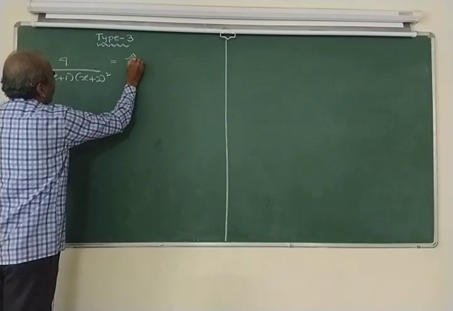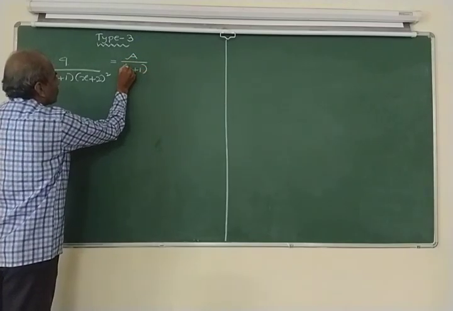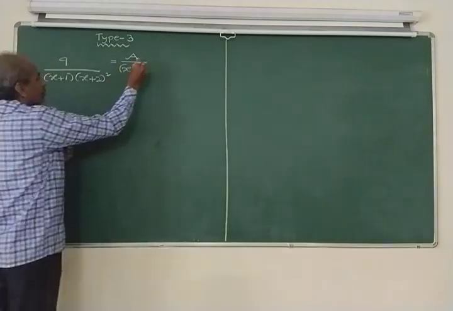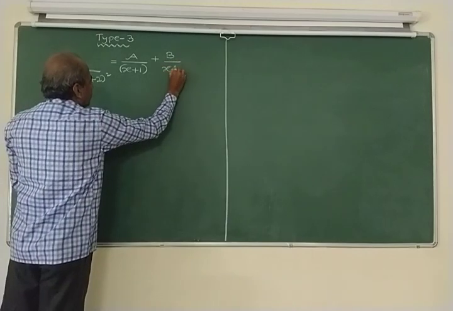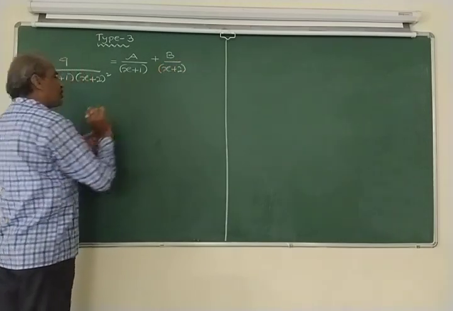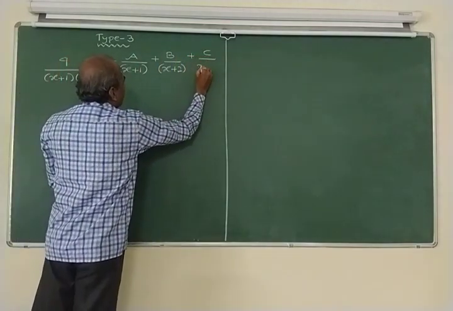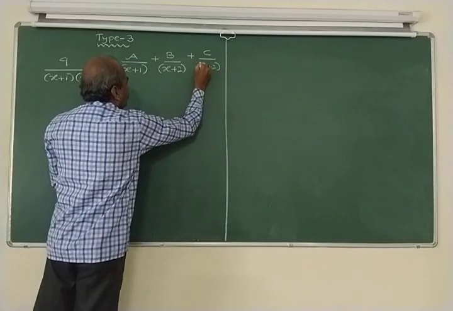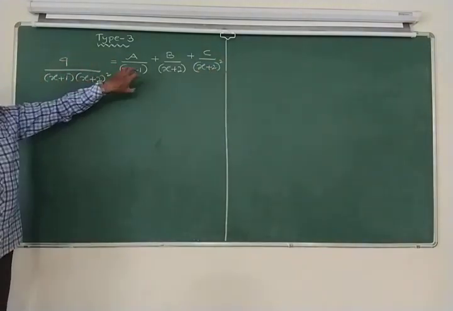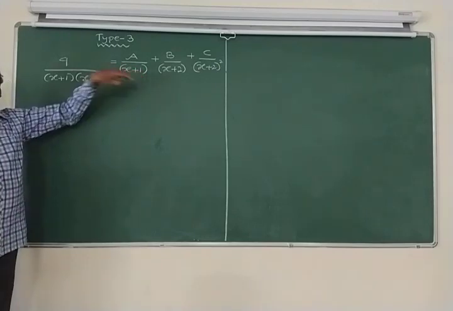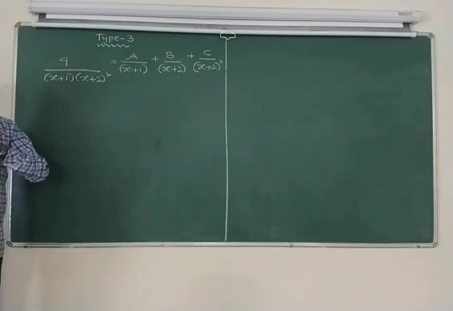For the one linear factor, you can take A by x plus 1, plus B divided by the first linear factor, that is x plus 2, and the third one is replaced by x plus 2 the whole square. This is the working rule when the denominator is a product of a linear and a repeated linear